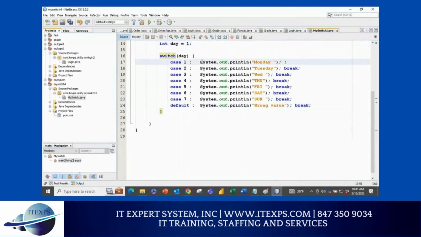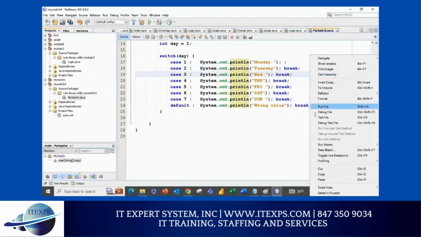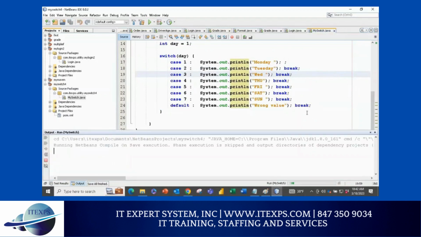So what happened? It will definitely do this and it will go here as well because it's a short circuit. There is no break, so it will go to the next. So I will see 2 statements and then break. So it will come out. If I remove this break, then it will go here, then here, and then here. Make sense or not? So see here yourself. When I'm doing 1, I'm going to get 2 answers. And you say, why am I getting 2 answers? This is a logical error. Yes or no? The program works, but produces the wrong result.